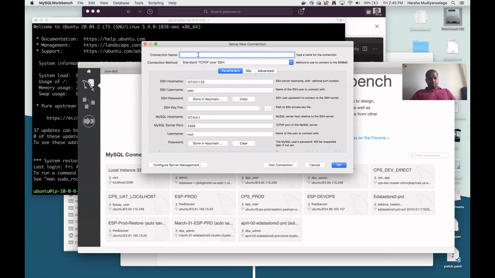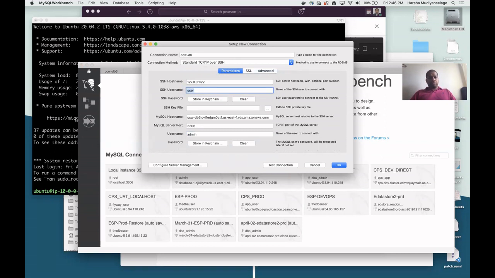We will say ccwdb, and here SSH host. So the MySQL hostname is that endpoint. Port number is 3306. Password, whatever the password that you entered, password will be asked later. We just give the root username and